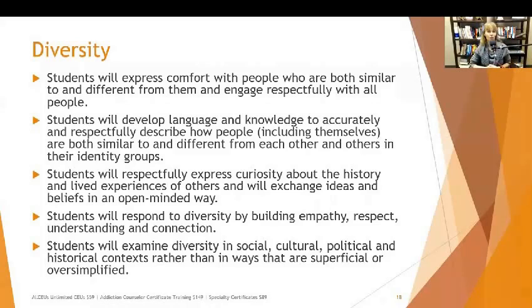Again, you've got parents, and if you put 3 parents in a room and say, how do you deal with this problem? You're probably going to get 3 different solutions to how to deal with that problem. They may be similar, may not be. But it's important to help students realize in recovery, the same thing is true. You put 5 people in recovery in the same room and say, how did you achieve recovery? And you will probably come up with a bunch of different answers. So it's important to help people recognize that